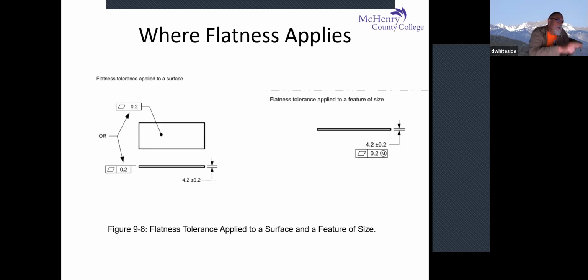Would the flatness be in a separate box off to the side? Or would it group it together? Size, where it calls out the size of something, doesn't appear in the feature control box. It's the other things that modify that particular feature, like location or something. Is that what you're trying to say? Location would appear in the same box as flatness? But okay, so